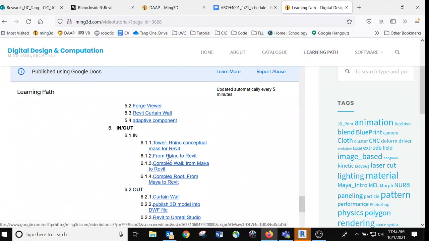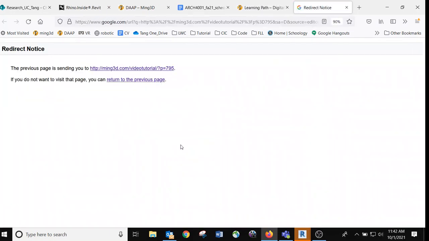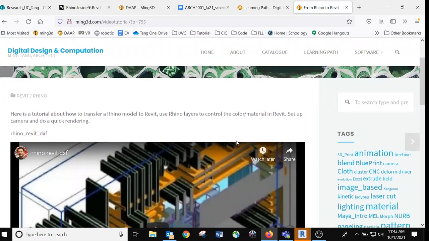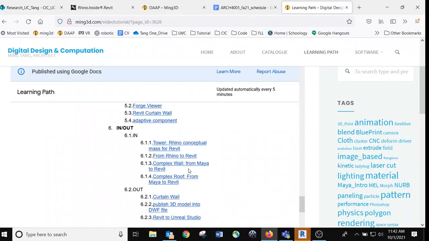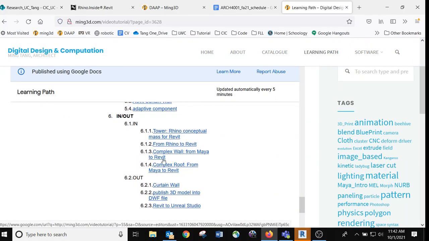In the second tutorial, I covered how you can transfer a file as a DXF from Rhino. Then here in Revit, you can customize color and you can customize material. Right? And in the third one, I covered